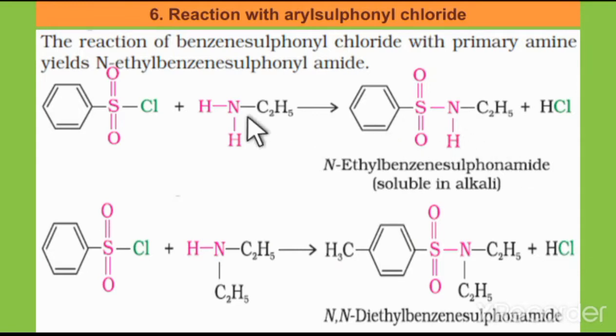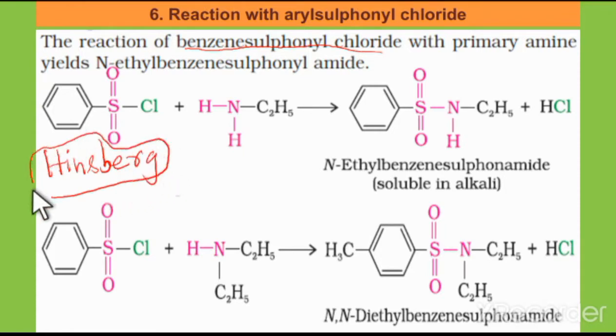Another reaction is the reaction with aryl sulfonyl chloride, that is benzene sulfonyl chloride. Benzene sulfonyl chloride is known as the Hinsberg reagent, which is used to distinguish primary, secondary, and tertiary amines. When this benzene sulfonyl chloride is treated with a primary amine, that is ethylamine,